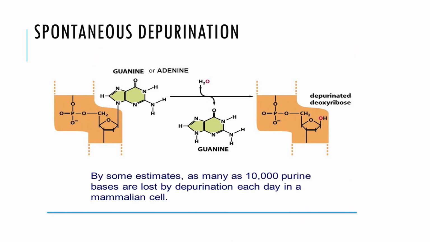Next is spontaneous depurination. In case of spontaneous depurination, the purines leave the DNA strand. As you know, by some estimates as many as 10,000 purine bases are lost by depurination each day in a mammalian cell, and in some books it is more than 18,000. The purines are in the double-stranded DNA structure, and they leave the DNA strand more than 18,000 times per day, and they come back. For example,